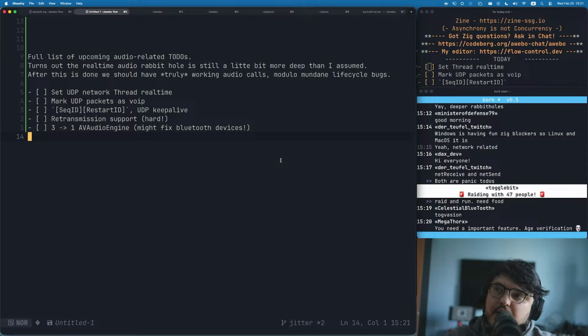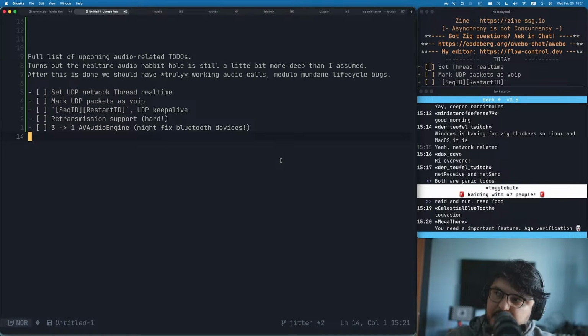A couple of days ago, I started implementing jitter buffers, then yesterday I continued the work. So I have a very basic jitter buffer implementation going, and now I'm building on top of that and adding more sophisticated features. Right now, my next to-dos are using OS APIs to mark audio related threads as having higher priority,